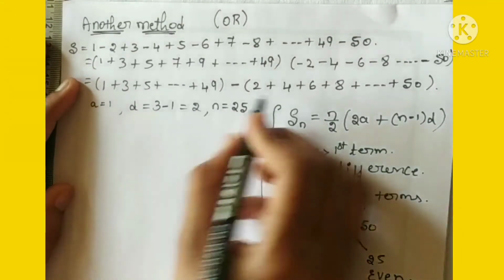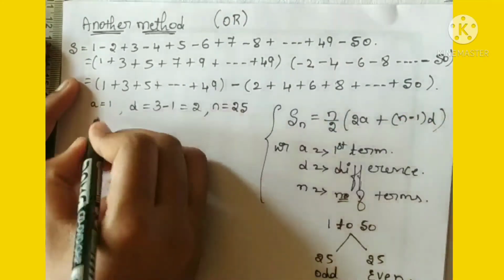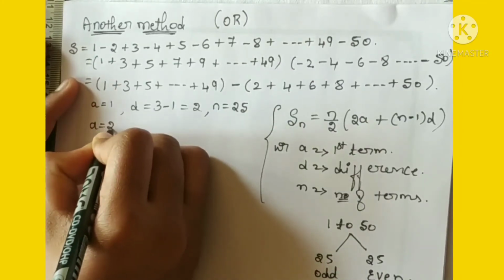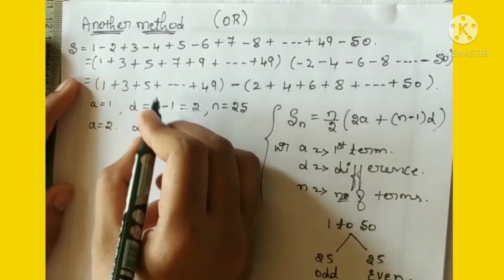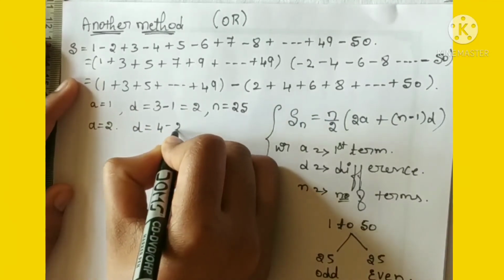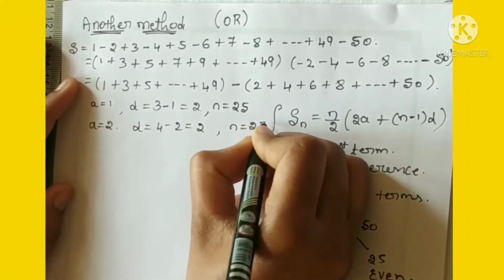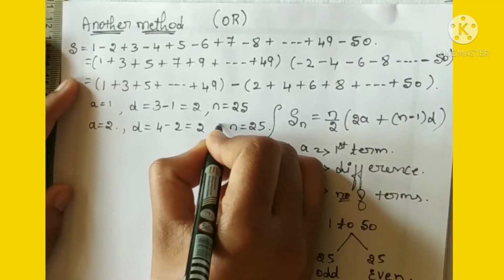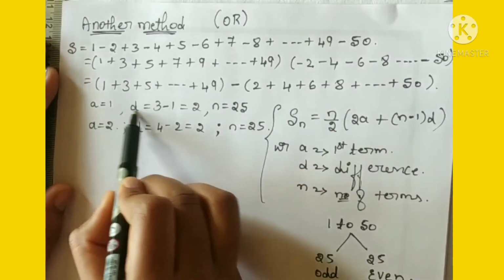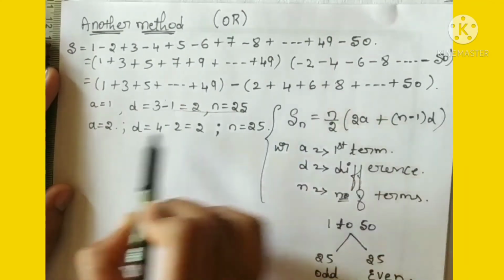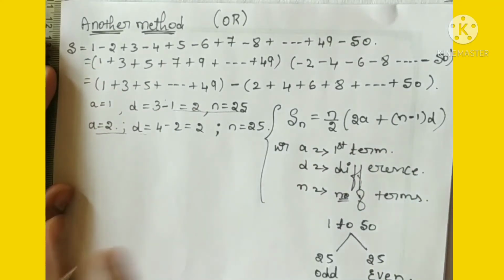Similarly, for this sequence, I consider a is equal to 2 and d is equal to 4 minus 2 which is equal to 2 and n is equal to 25. Here this data belongs to this one, and the below data belongs to this series. Now I just apply these values in the formula,